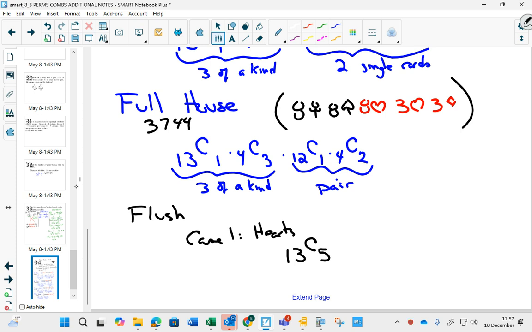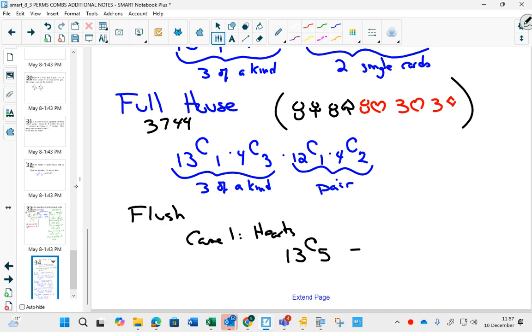It would be 13 choose 5. Okay? The problem with the 13 choose 5 is it would also count the straight flushes, which in poker are even better. So you have to do 13 choose 5 and then subtract